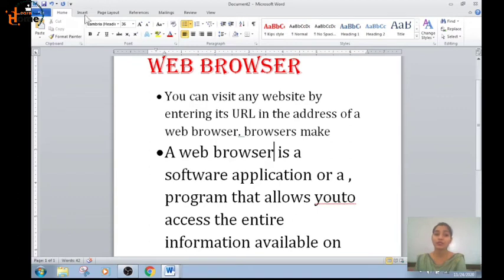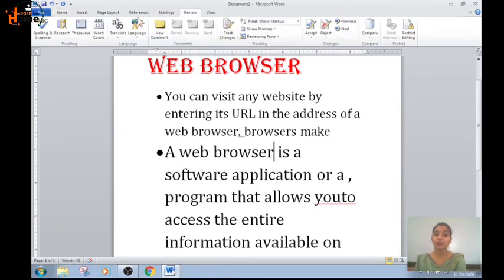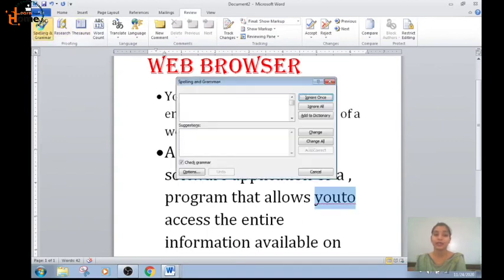The other way is you just see in the review tab. Where is this? It is the review tab. In the ribbon, when you click it, all the commands of the review tab will appear, right? Proofing. See, this is in proofing. You can click on spelling and grammar. Okay? Proofing. First of all review, then proofing, then spelling and grammar.